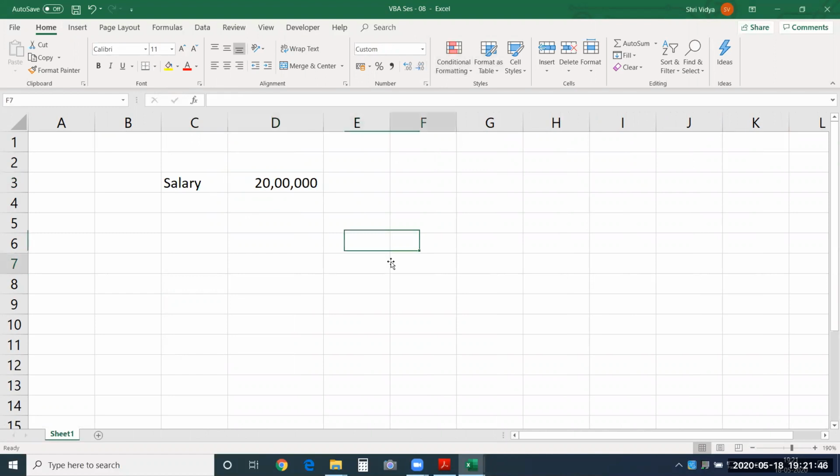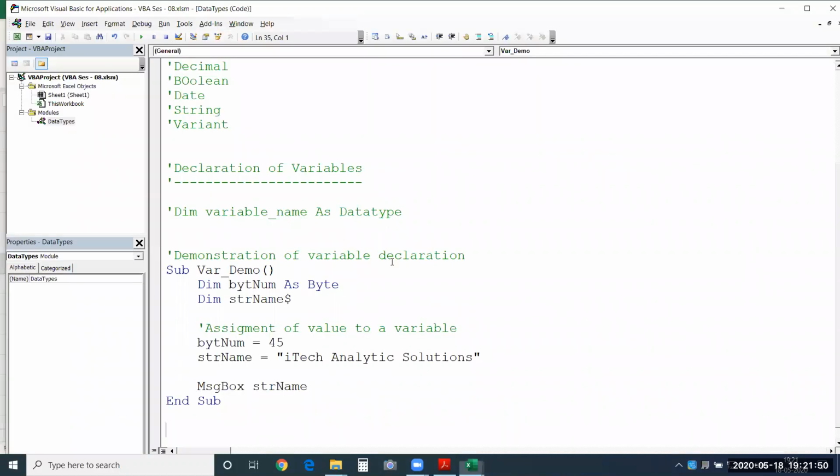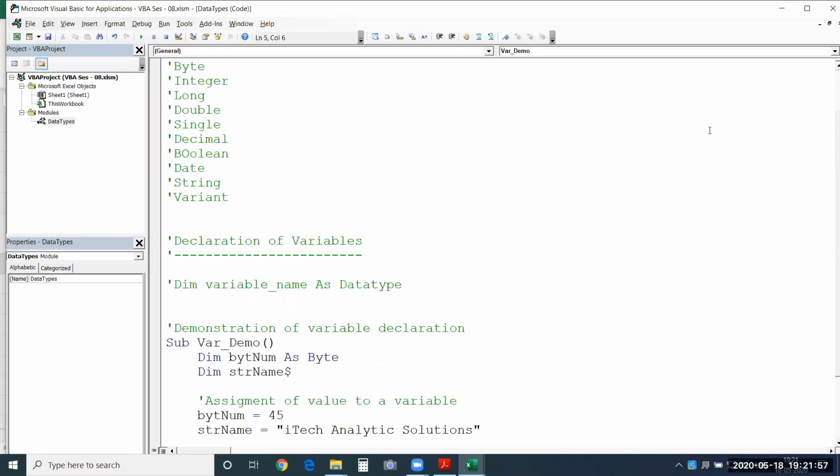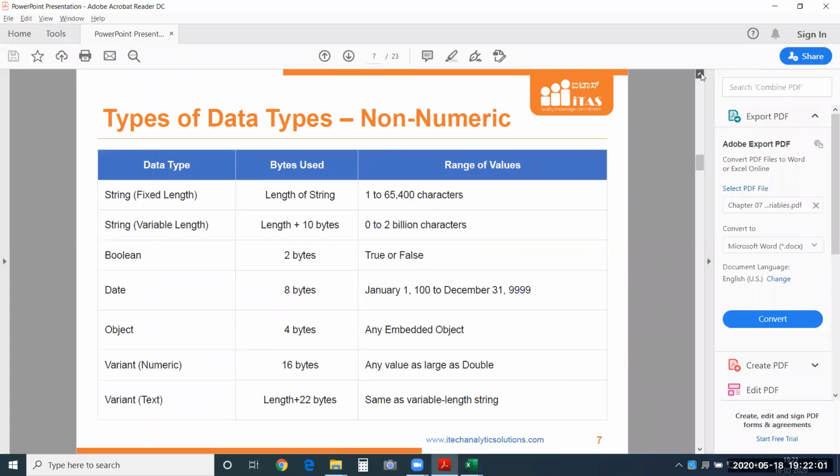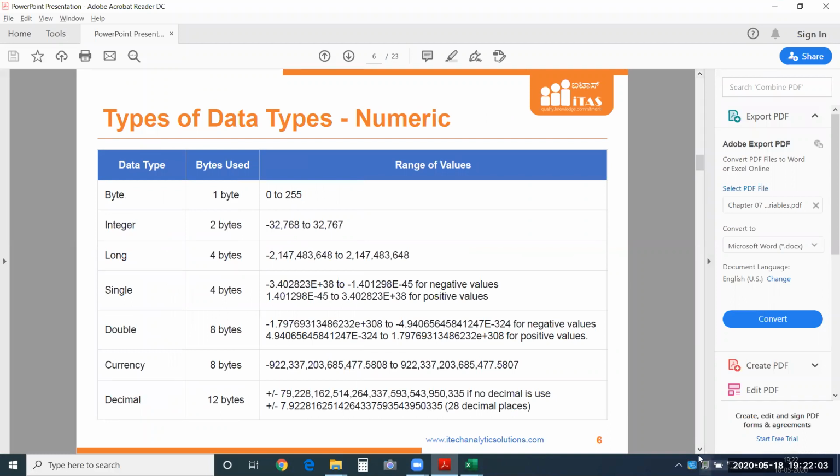Now which data type you should be using? For that, you should check all the range of values a data type can take. Now let us go back to that list that we have. You will get to know this as and when you frequently use the data types.